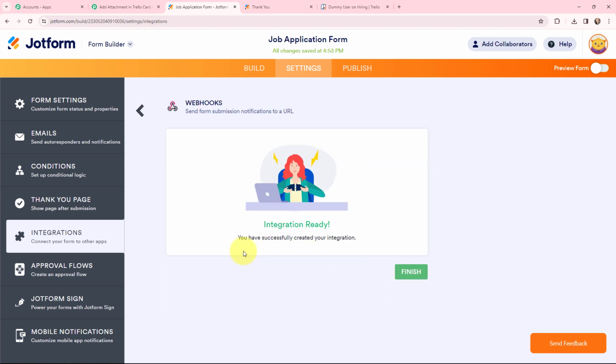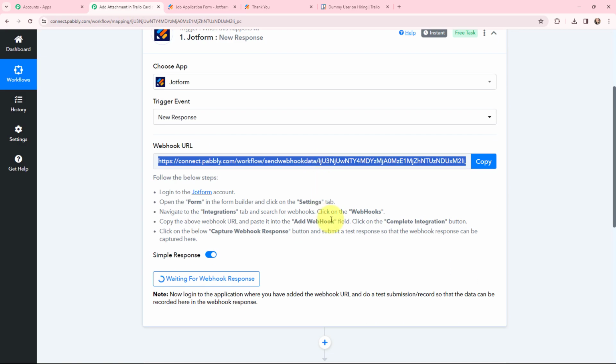Here you can see that it says integration ready. You have successfully created your integration. So moving back to Pabbly Connect, as you can see, a connection has been established. Over here it is waiting for a webhook response. That means now I need to do a test submission or record so that the data can be recorded here